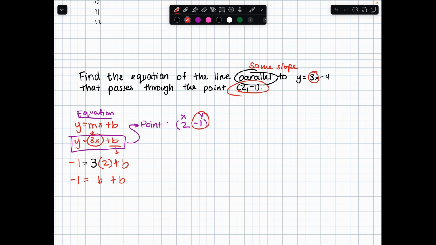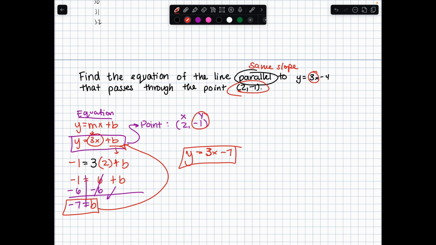And now we have a one-step equation. We're going to subtract the 6, not the 1, because 1 is already by itself. Negative 1 minus 6, negative 7. And then bring down the b. So now b equals negative 7. Now all we do is plug it in. y equals 3x minus 7. You can do that or do the table. Now if this doesn't make sense,